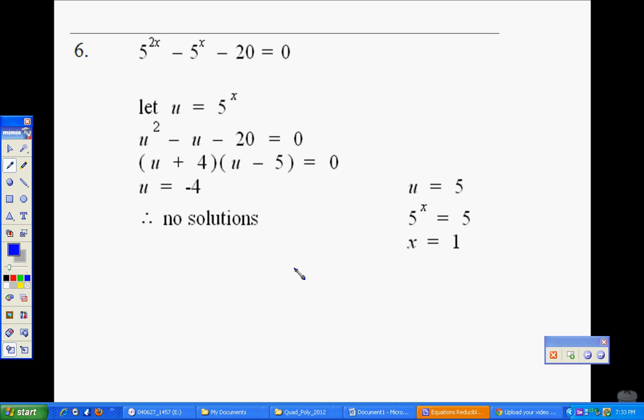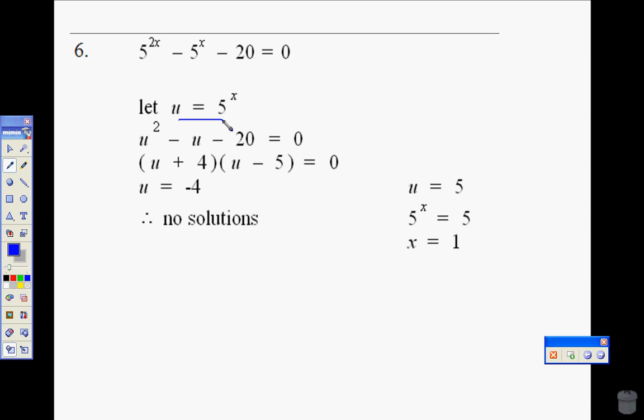In this question, we're going to use the substitution of u being 5 to the power of x. Now again, 5 to the power of 2x would be 5 to the power of x all squared. So u squared would be 5 to the power of x all squared. So we can do that substitution in that part. We've got the 5 to the power of x, so that becomes u minus 20, and it's all equal to